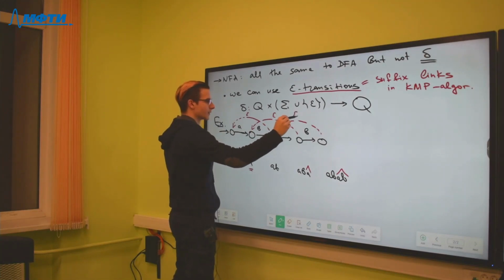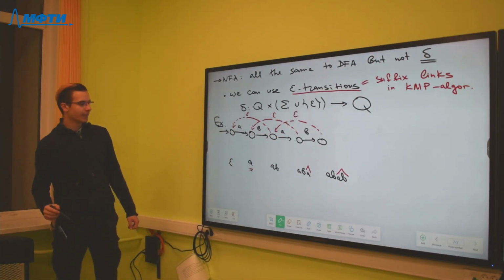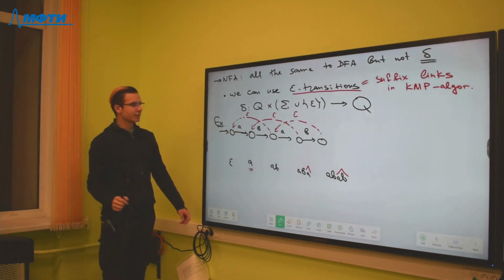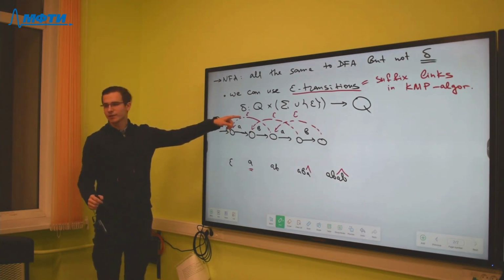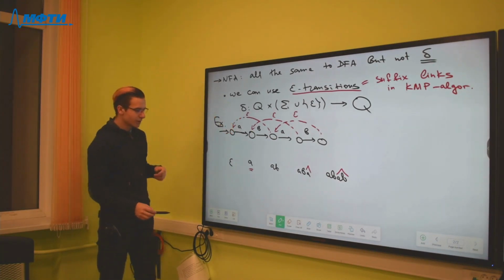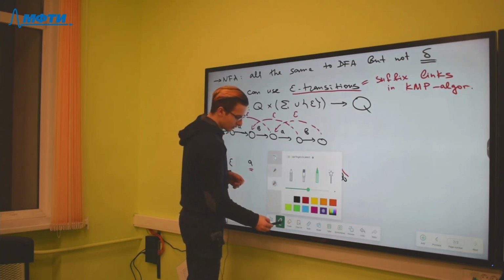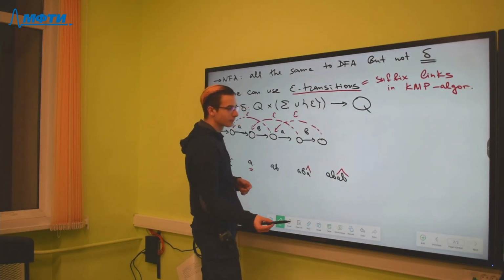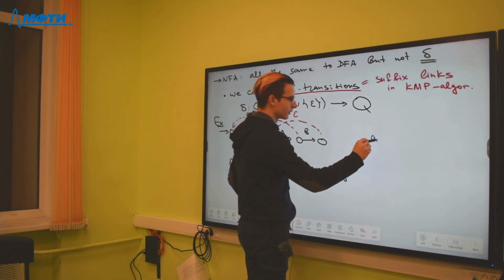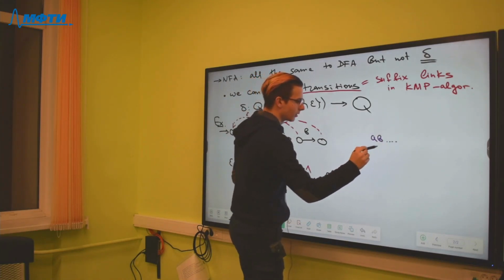So as you see, we can write the epsilon symbol here. And for example, if we read the string AB,